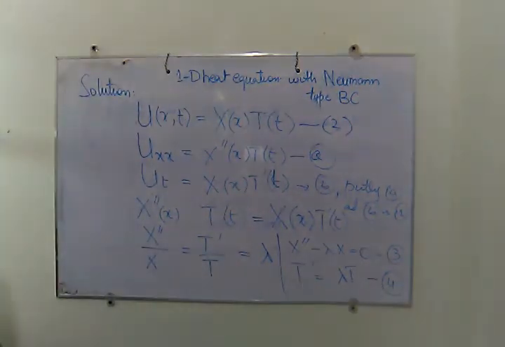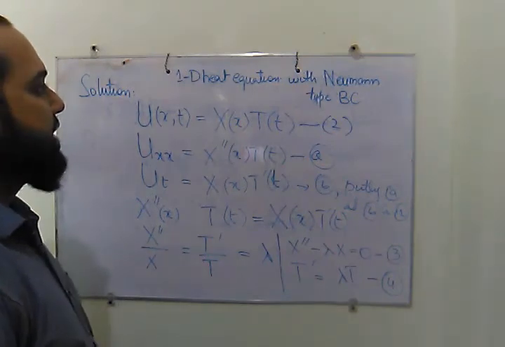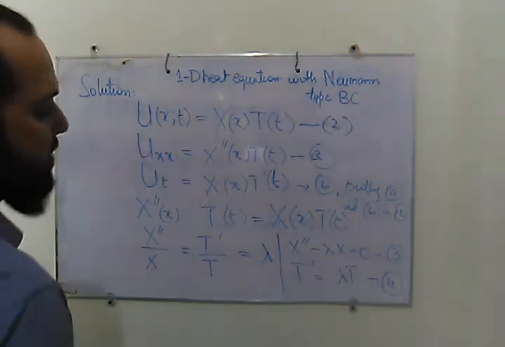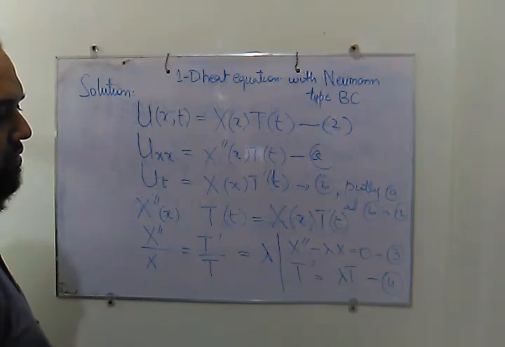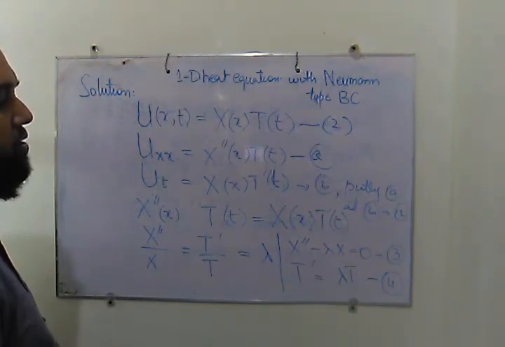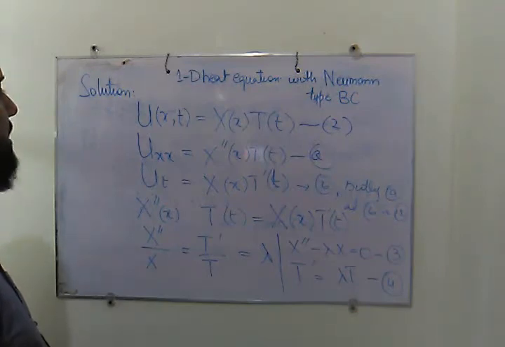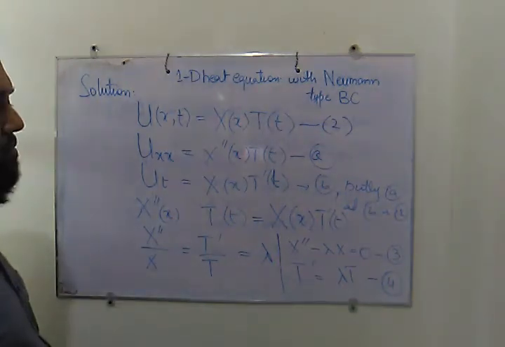So the whole procedure is the same as with the Dirichlet boundary condition when we solve the one-dimensional heat equation. Now again we are going to solve equation 3 first, and in order to put the boundary conditions, we have to make the new boundary conditions. This is the step where the question changes due to the derivative given as the boundary condition. So far all the things are the same.